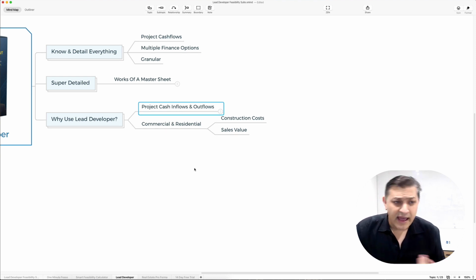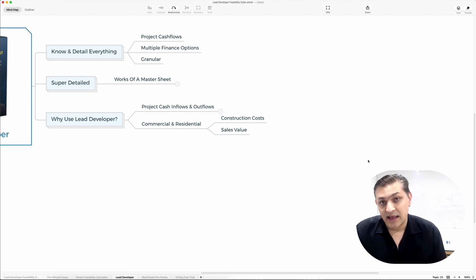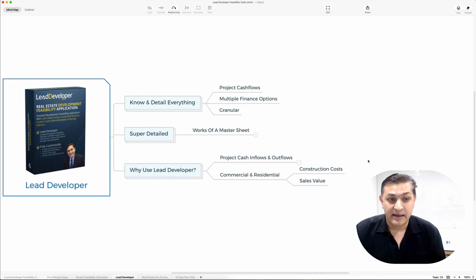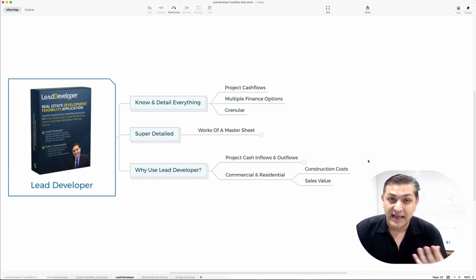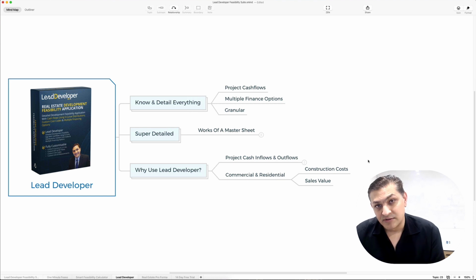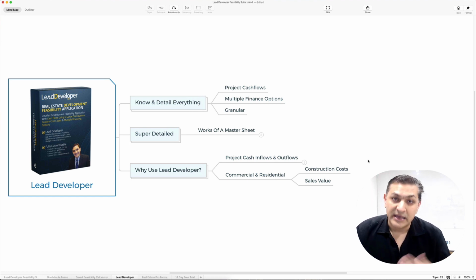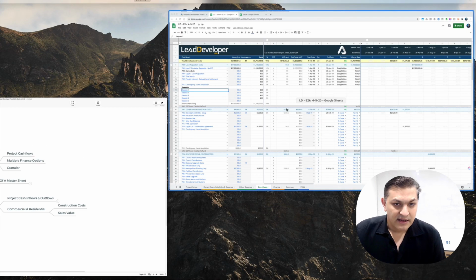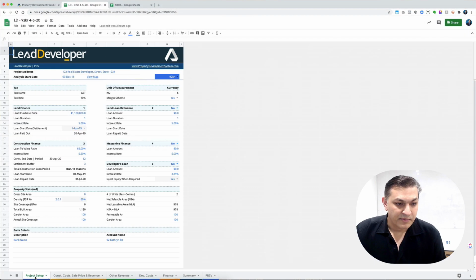You can select that, and the Lead Developer feasibility application allows you to do construction, commercial and residential, and you can calculate detailed construction costs and sale value for each of your units in Lead Developer. So let's look at Lead Developer as an overview. So basically it has